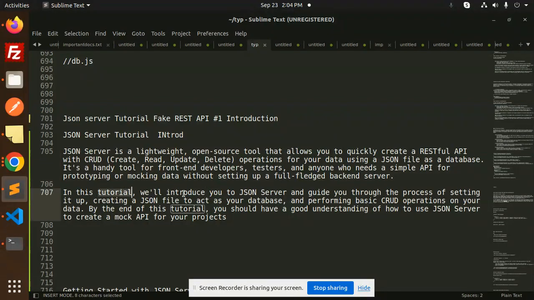In this tutorial, we will introduce you to JSON Server and guide you through the process of setting it up, creating a JSON file to act as your database, and performing basic CRUD operations on your data. By the end of the tutorial, you should have a good understanding of how to use JSON Server to create a mock